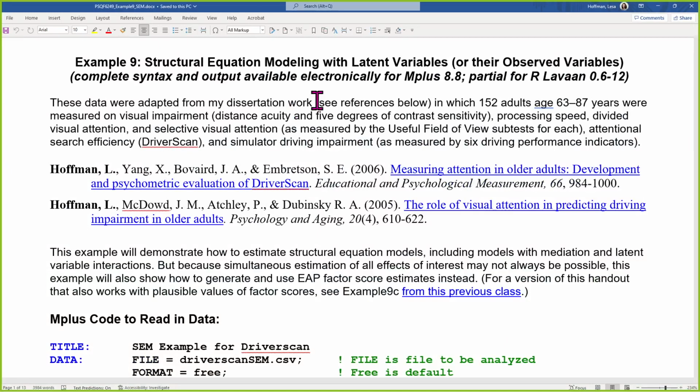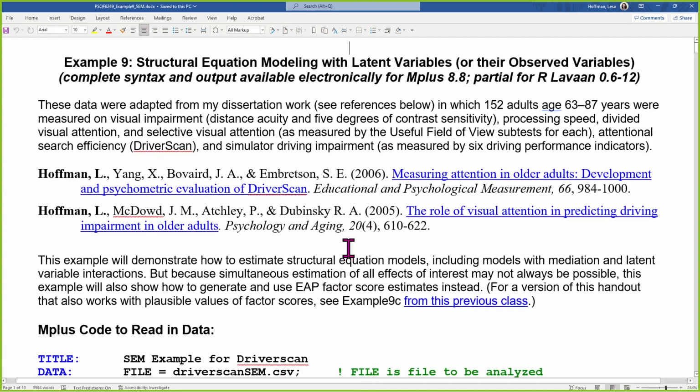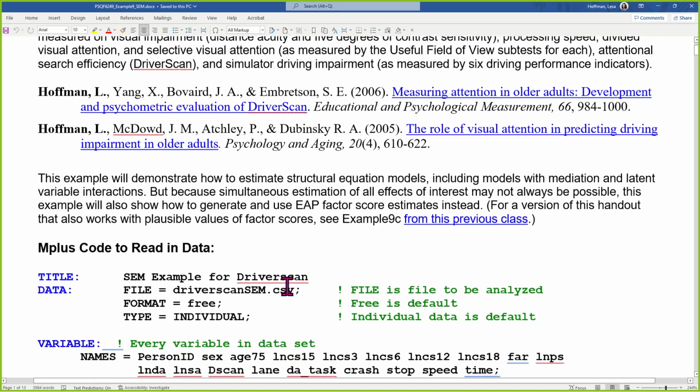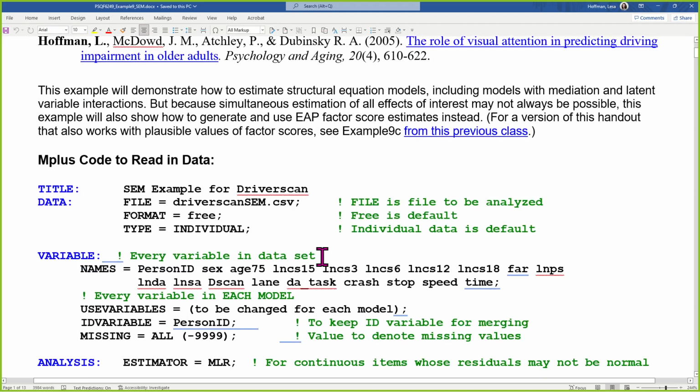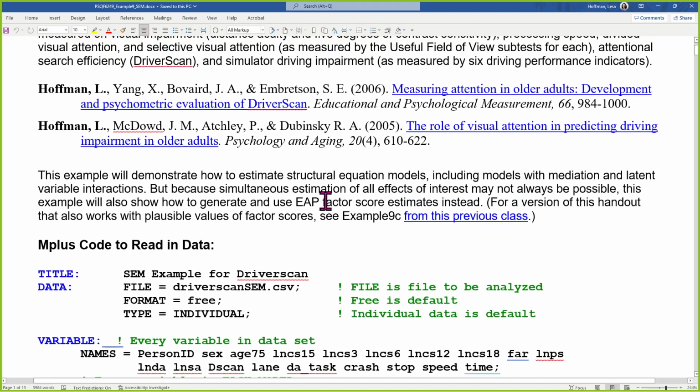All right, so all of the files that go with this example are online. I'll just hit the high points here. As I said before, this is the study from a week or two ago, my dissertation. I was able to publish these 2 papers out of this study, and you can download those to see how I would talk about the results from this analysis. I probably would do a better job now than what I knew how to do in 2006. But, you know, science is self-correcting,